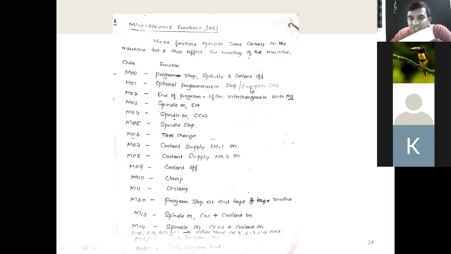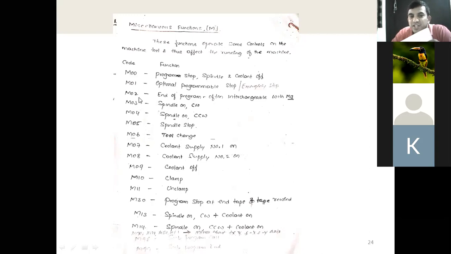There is the emergency stop button, or in the program you can see M01. That's the optional stop. M02 means the end of program. M02 and M00 sometimes change places here. You will not use M00 or M02; we'll use M30 at the end. You can see the program stops at the end once it finishes the operation, then you restart the program or rewind the tape.